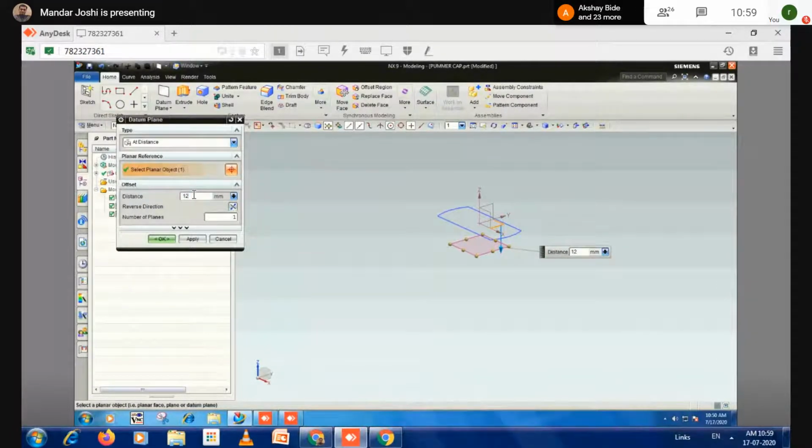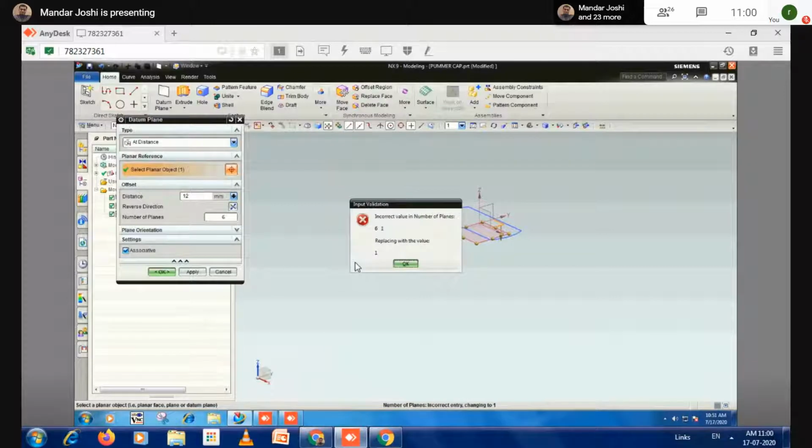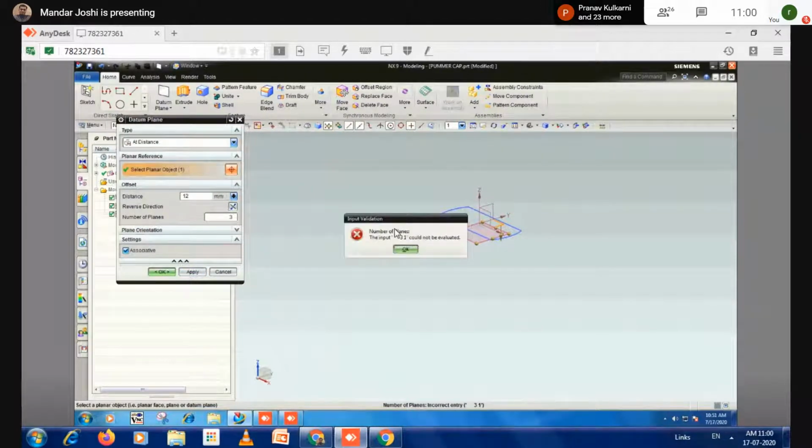Then use reverse direction and define the depth, which is given as 12. Enter. If you want multiple planes, then you put the numbers here directly. Multiple planes will be generated. See the preview. If the preview is not displaying, then you go to this more option and just click here. And change to 6.3 now. Just apply.